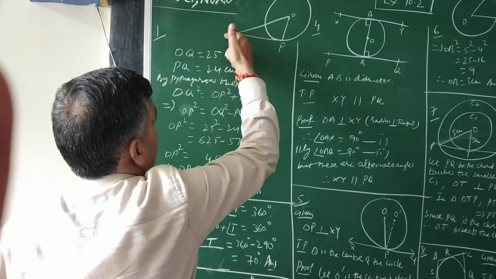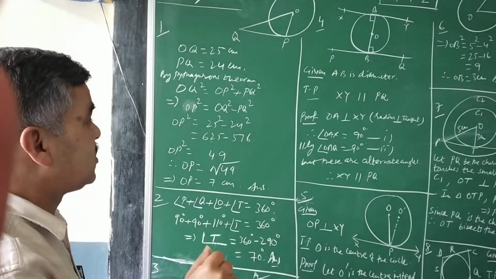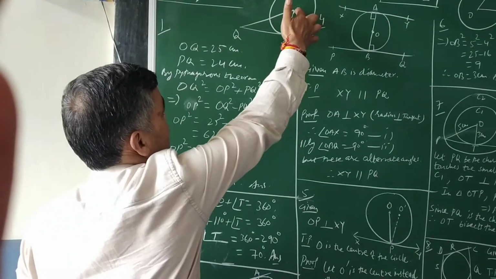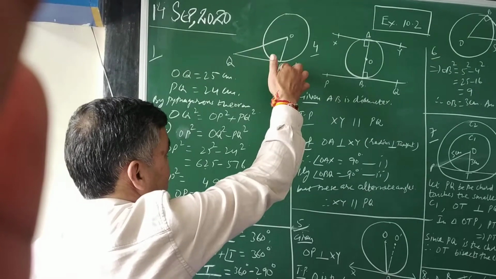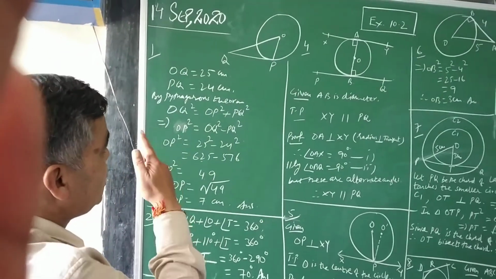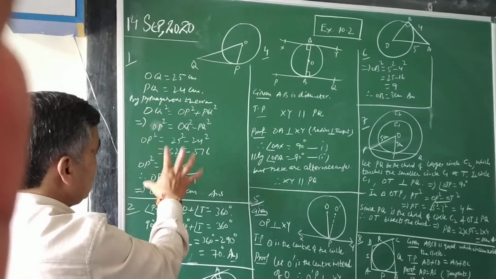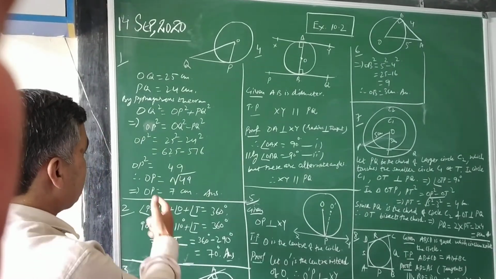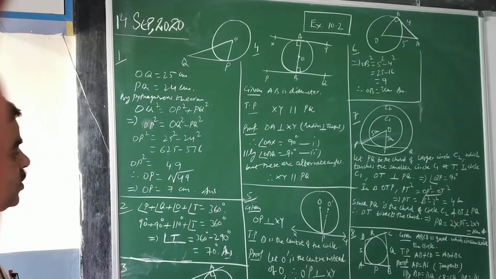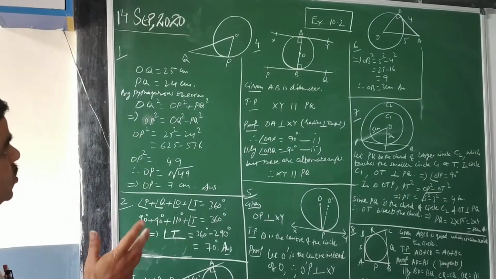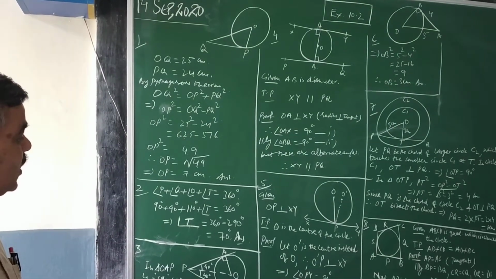So you are getting a right triangle over there, and this is the application of the first theorem I explained to you, that is, the radius is perpendicular to the tangent. So OP is perpendicular to QP, hence QOP is a right triangle. Then apply the Pythagoras theorem and calculate the required one. You will be getting the length OP, that is the radius of this circle, is equal to 7 cm. So it is a direct application of the theorem: radius is perpendicular to the tangent.